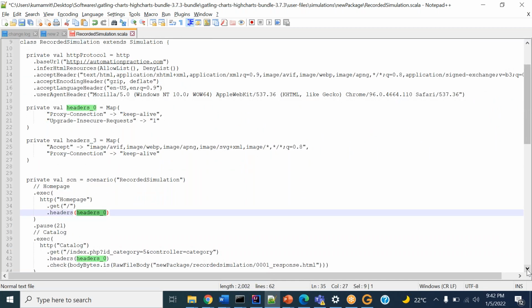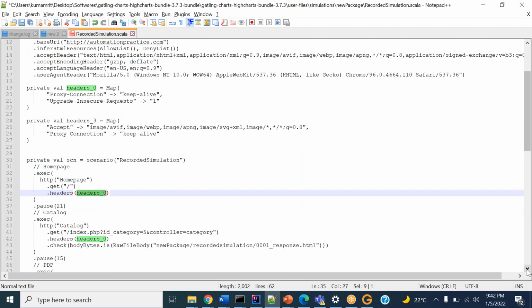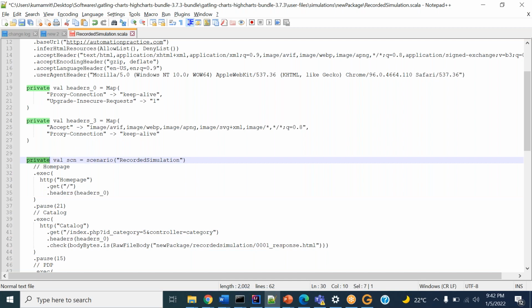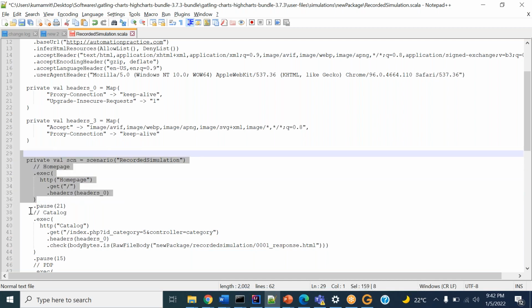We'll talk about it in detail later, of course, but since you have asked me, let's talk about this in brief. So private val, we don't know private, we'll comment out private, but the code structure is something like that. Let it be. So val scn equal to, scn is the variable name for scenario, and its scope is the home page, its scope is the catalog.